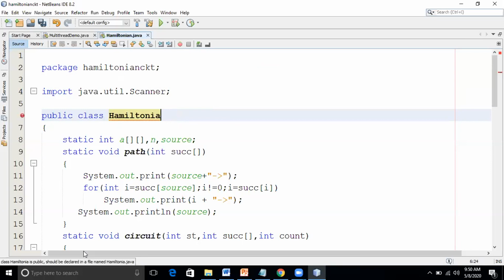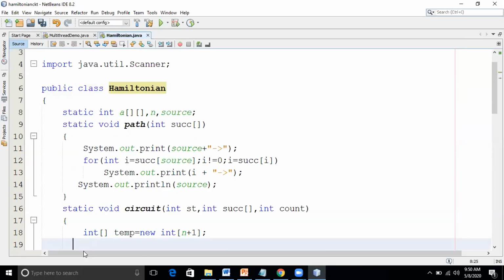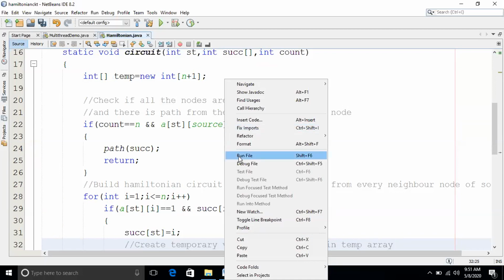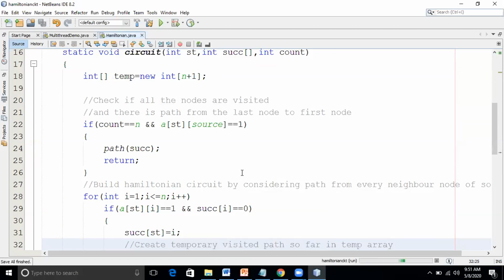Okay, Hamiltonian. So I'll run this. Have you all written that matrix? Yes, sir.